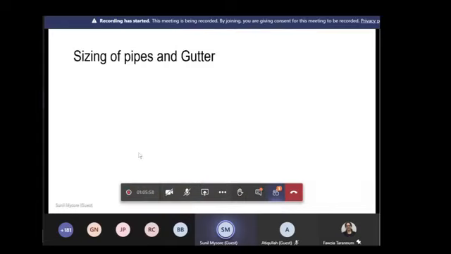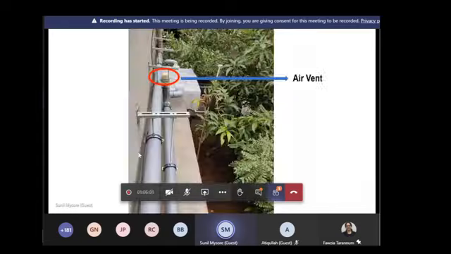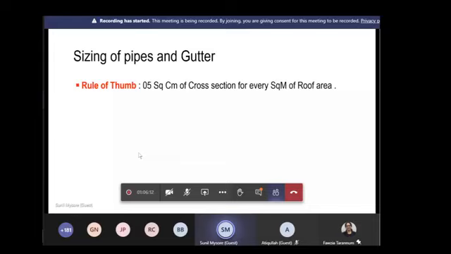Like what diameter of pipes are required when you are doing this kind of a catchment? Okay. The National Building Code gives you a lot of data on how to actually do it, but an easy way to calculate is you need to have a 5 square centimeter cross section for every square meter of the catchment. I have reduced it to this, so you can just use it. Take this formula. It is slightly over-designed, but it can work very well.